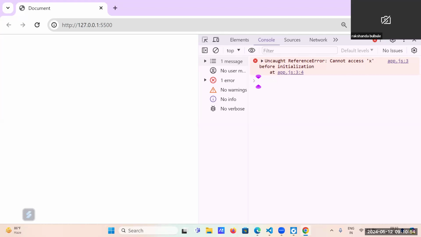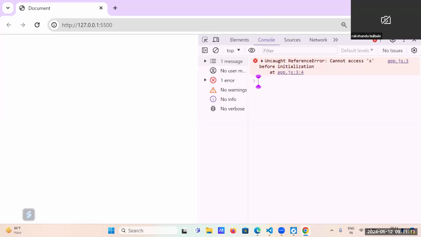Because JavaScript is an interpreted language, so it cannot move to the next line when an error occurs. It checks code line by line. So if we get an error, it will not move on to the next line.